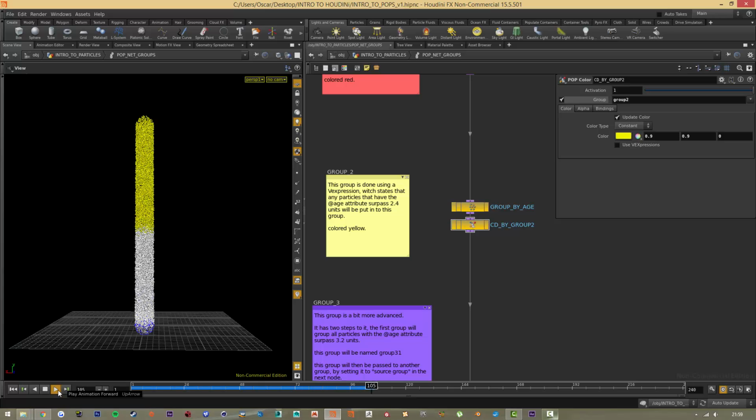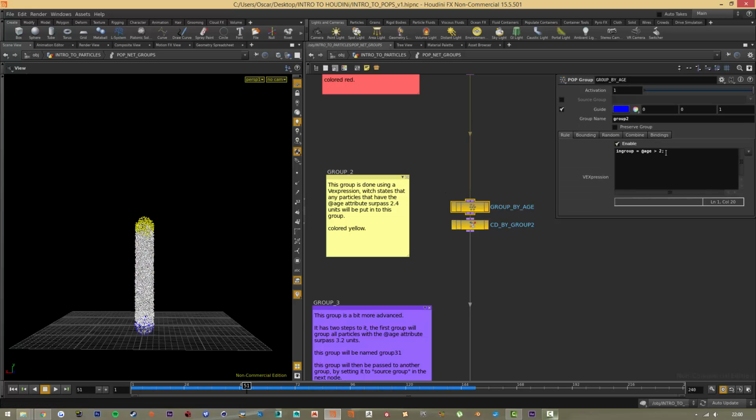As you can see, there is the color, and the first couple are roughly around 60, I guess. But the age is now grouped. Every particle that has an age greater than 2.5 is being grouped. I put it to 2. Okay, well, that explains it. So after 48 they are grouped. Anyway, that doesn't matter. All the particles that have an age greater than 2 are now in this group